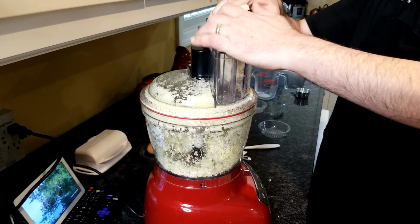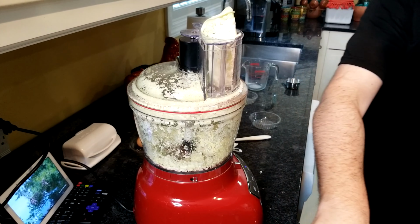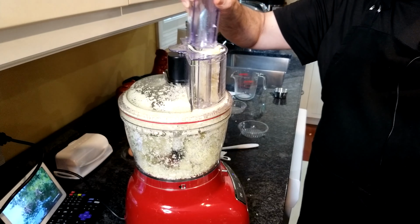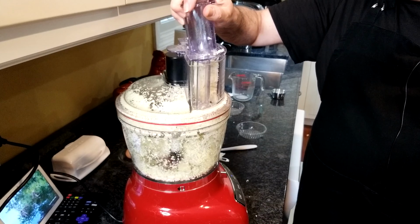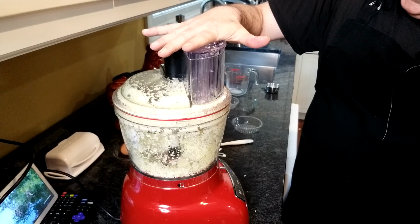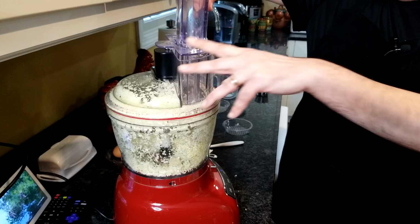Food processor is one of those things you might think, oh, I don't want to spend that much money on an appliance that you won't use all the time. But it's also one of those things when you want it and it's there, you're glad it is. Because I'm doing this fine, I think it's going to really take that whole